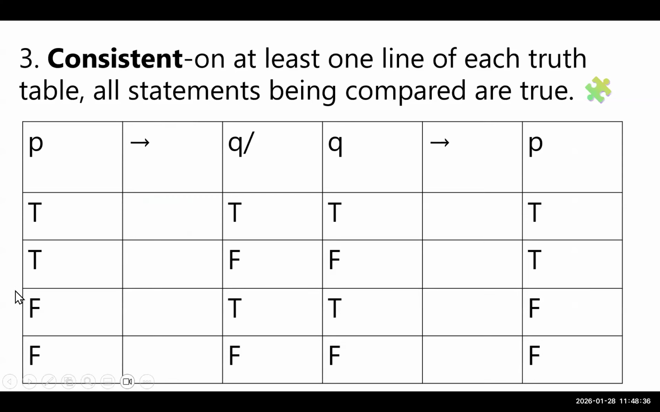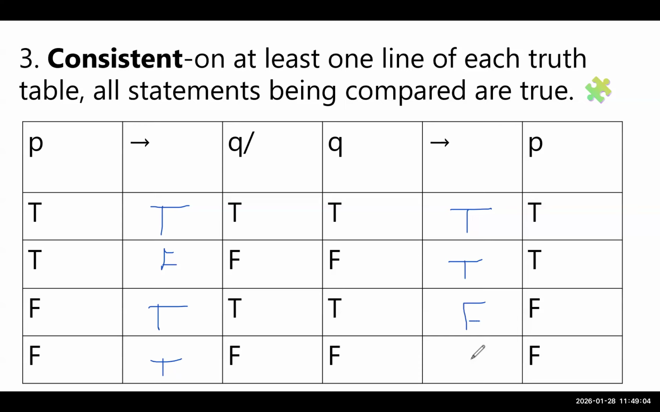Next is consistent statements. For these, we've already eliminated logical equivalence and contradictory, and we are looking to see if they can be true at the same time. So here our if-then for P then Q goes true, false, true, true. And our Q then P goes true, true,